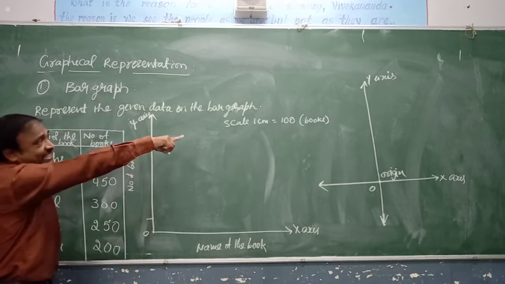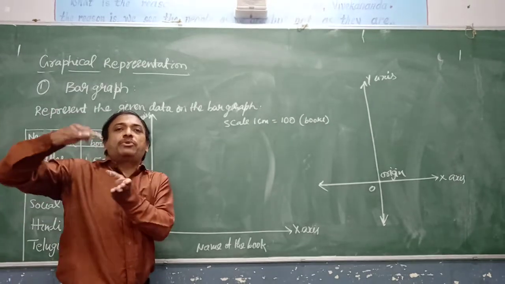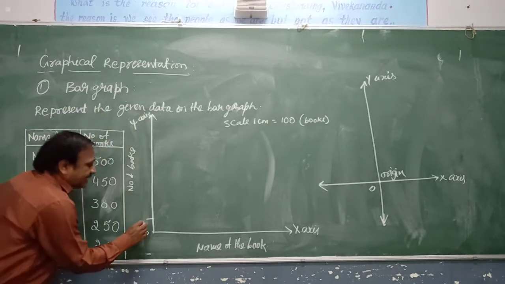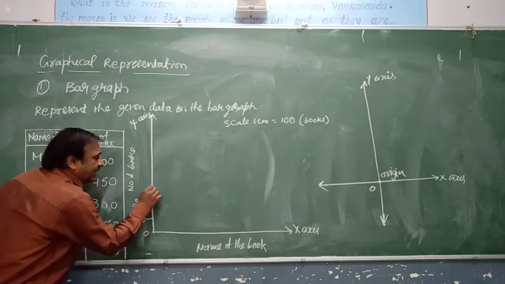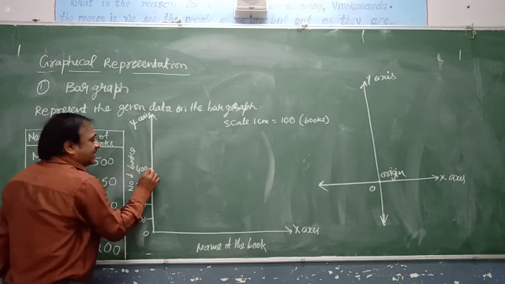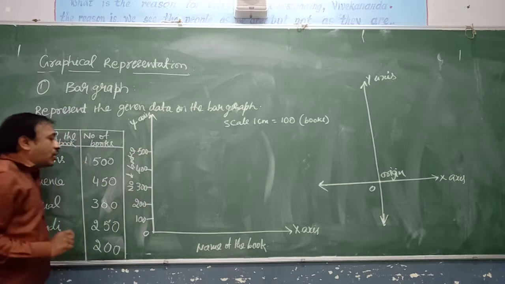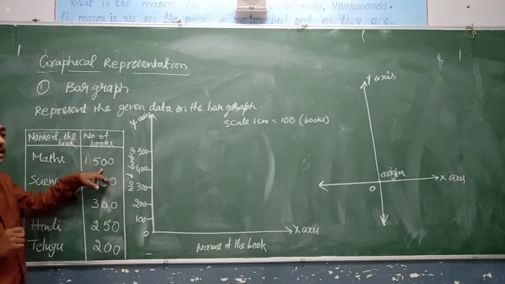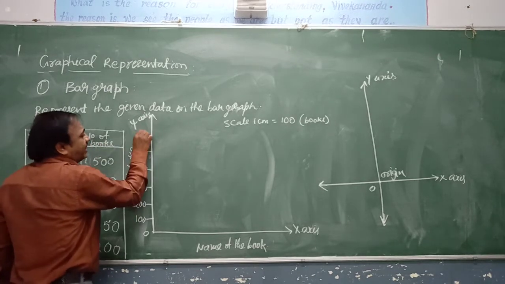So 1 centimeter is equal to 100. I told you to do it in the graph book so that 1 centimeter boxes will be there. It will be easy for you to represent. This is 100. The next one 200. Next one 300. Next one 400. Next one 500. And you may be working out how to take the values based on the given data. Maximum frequency is 500. So you can stop either here or you can locate one more value, that is 600.